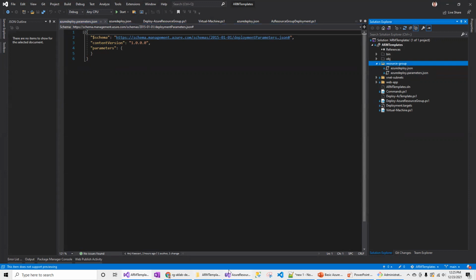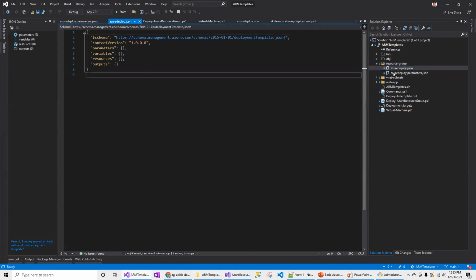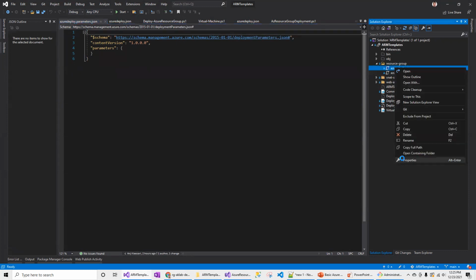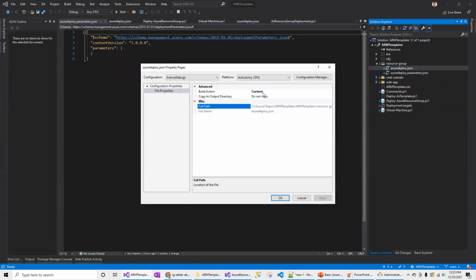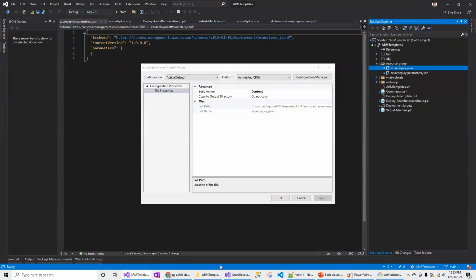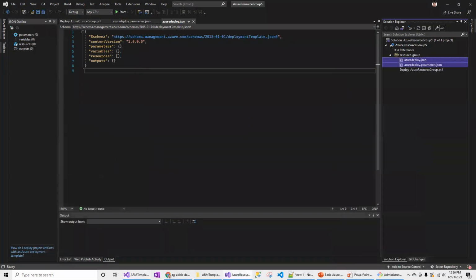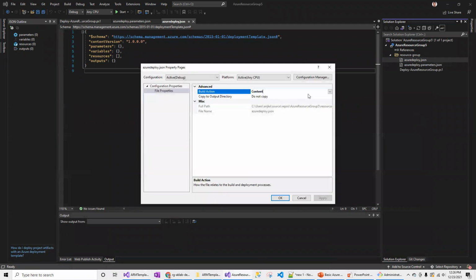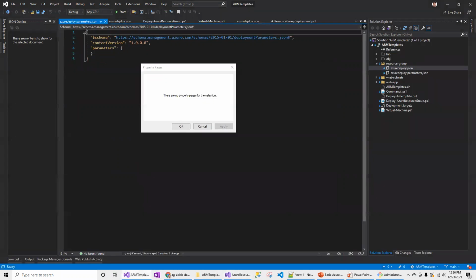So you will create a folder and move those empty files into those folders and make sure that the file type is going to be content. When you create it for the first time, I think these file contents are not set to content. Let me quickly show you what the file type is here. If you see this is none, that will not work. So make sure that the file's build action is the content type to make sure that it works as expected.